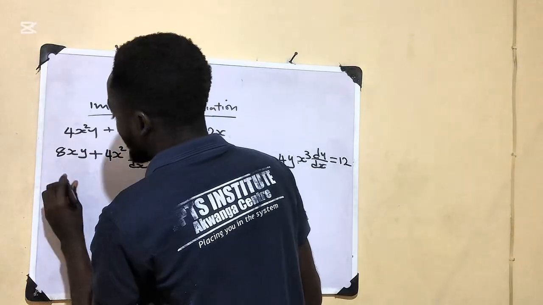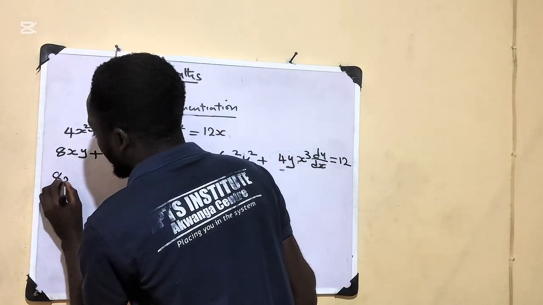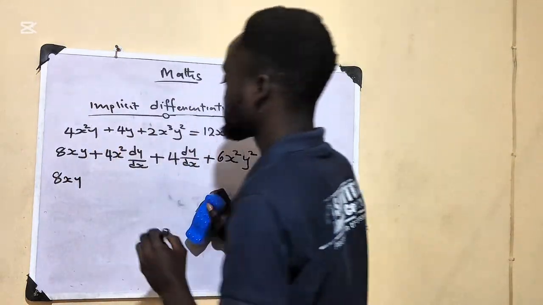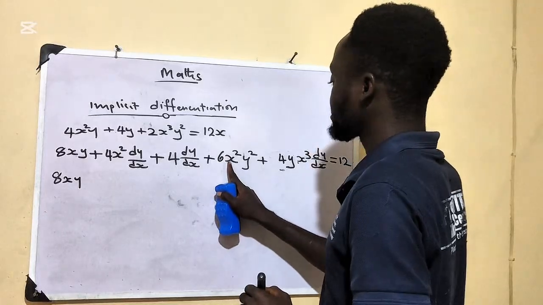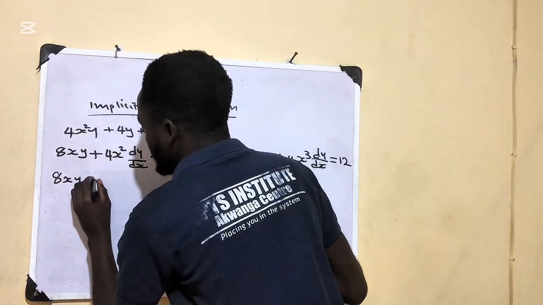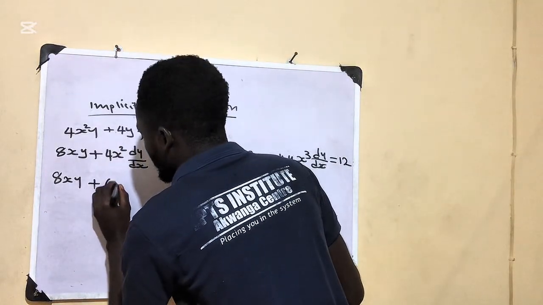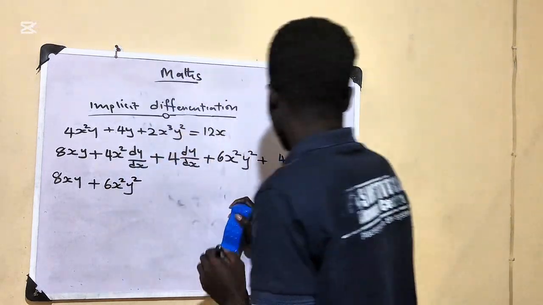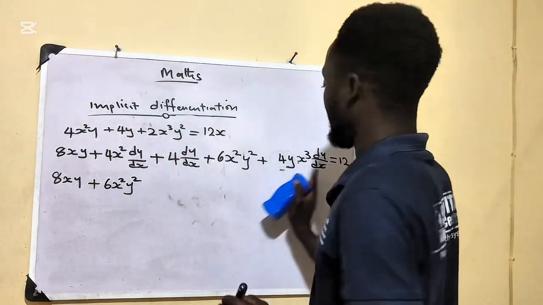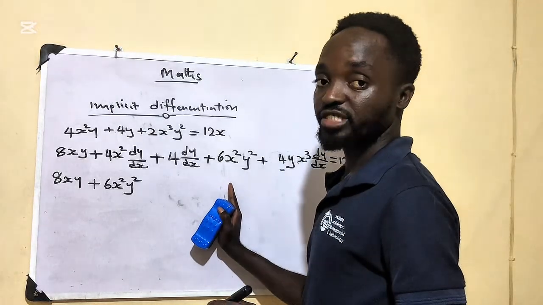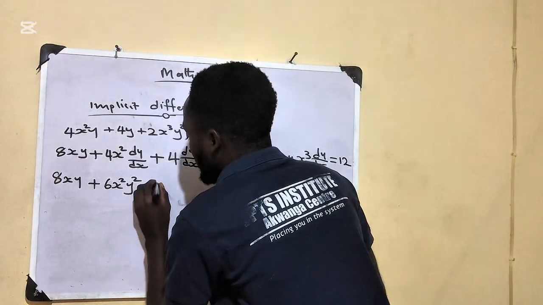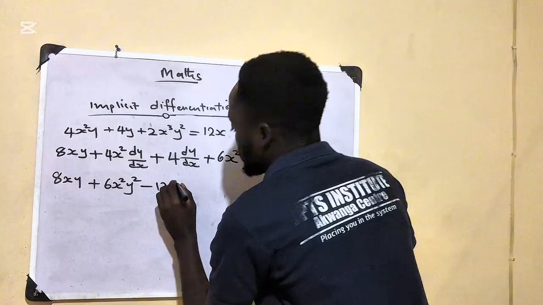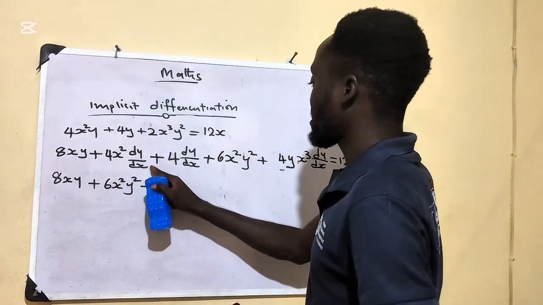Now if we do that, we are going to have 8xy. So the next one that doesn't have dy dx is this one, which is plus 6y squared. So I'm going to bring this 12 to this side. If I bring this 12 to the other side of the equation, the sign is going to change and become minus 12. So we now see it's equals to,